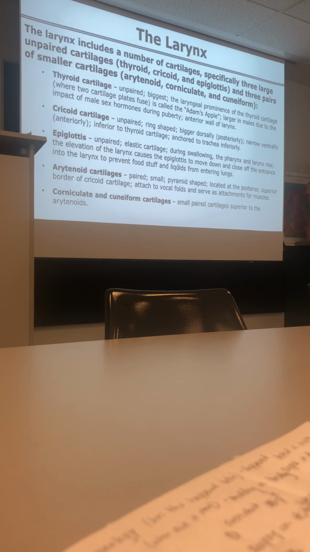We also have a cricoid cartilage. Our cricoid cartilage is a full ring. Okay. It's unpaired, so there's only one. We have our epiglottis, right? It shuts off our larynx when we're swallowing so that food doesn't go, hopefully, down our larynx. We have our arytenoid cartilages, which are small paired cartilages located posteriorly and above